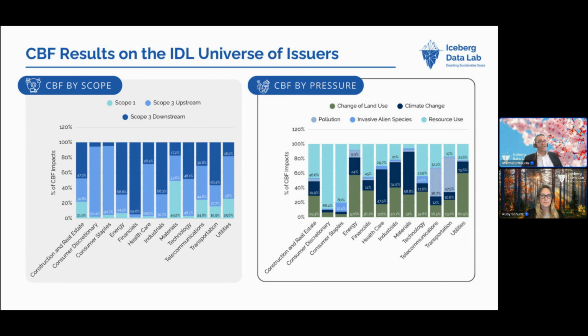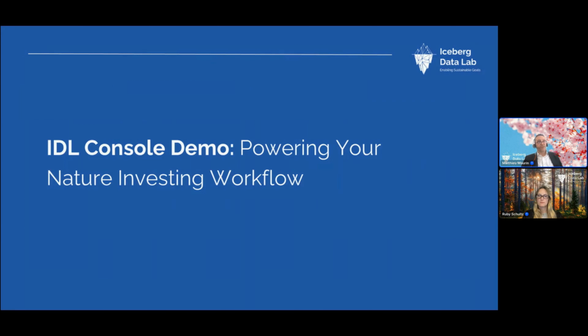Same comment for the pressures. We do cover and we model all the 5 pressures listed by IPBES, which is to biodiversity, what IPCC is to climate, to fully understand which are the main driver of the risk, which, as you see, are sector specific, and maybe the land use impact and the change of land use, GHG emission, pollution of water, air, soil, invasive alien species, especially in the shipping sector, or the overconsumption of resources. That's the global overview of the results.